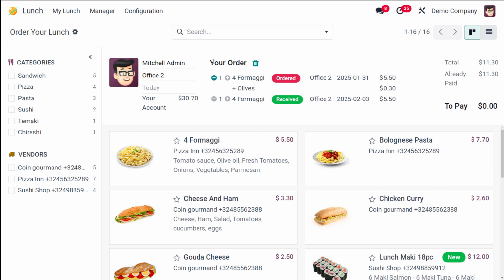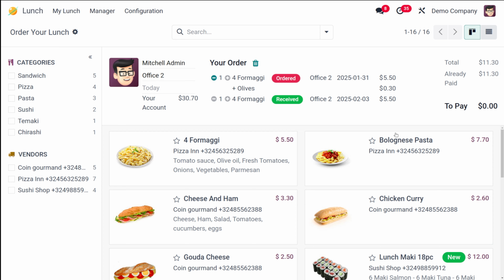Then you have details like the total amount, the already paid ones, and all. Okay, so here in the account information, also you can see the total, the already paid, and to pay. Okay, so that's given there. Next is the order management. That is, if you go to the manager section, okay, if you go to the manager section, you can see today's order. This manager section has come because we've already logged in as the admin. So like the order management is what we did right now.